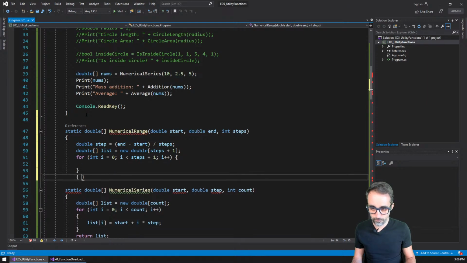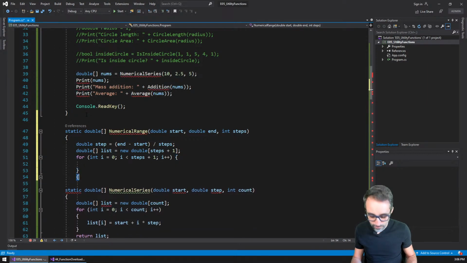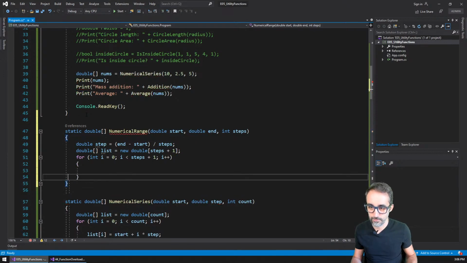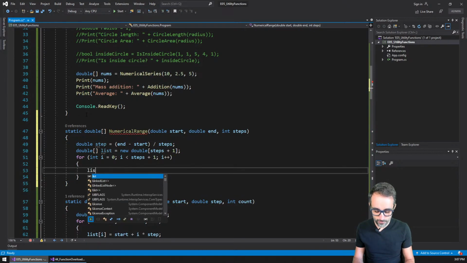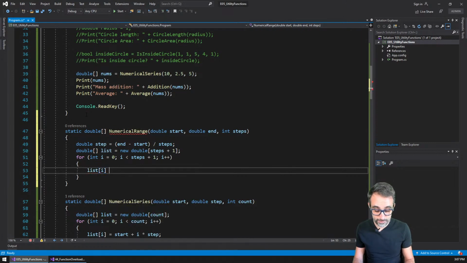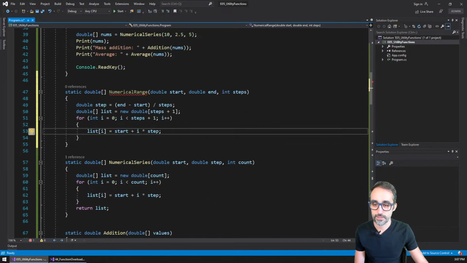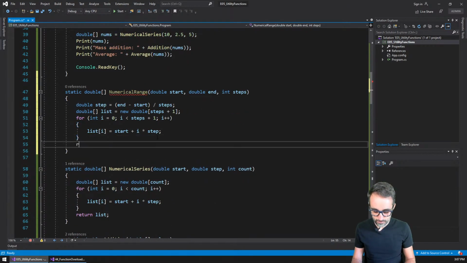and, oh, I'm messing this up again. What's going on here? Okay, there you go. And then, so what I'm going to do is for each element of the list, I want that value to be equal to the value of the starting point of the range plus i times the step size of this, and then I could just say return the value of